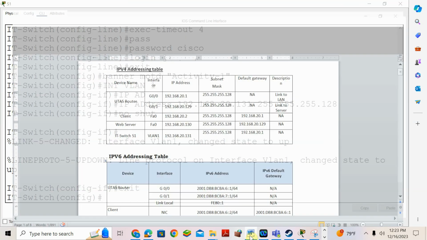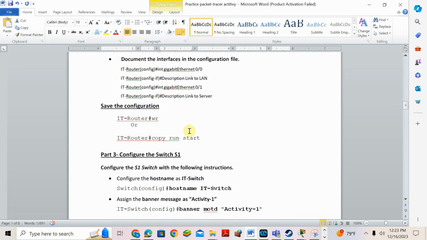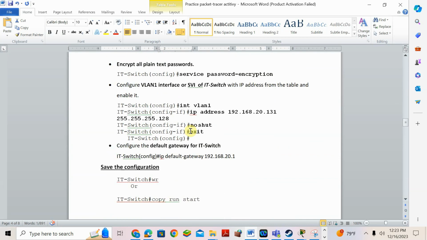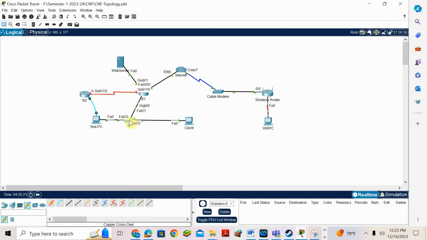Now we have a new command. The new command for the switch, the one we did after midterm, is to configure the default gateway for the IT switch. What is a default gateway? See here in this topology, the default gateway means the nearest interface of the router and its IP address. S1 is connected to router R1. Its nearest interface is G0/0. What is the IP of G0/0? It is